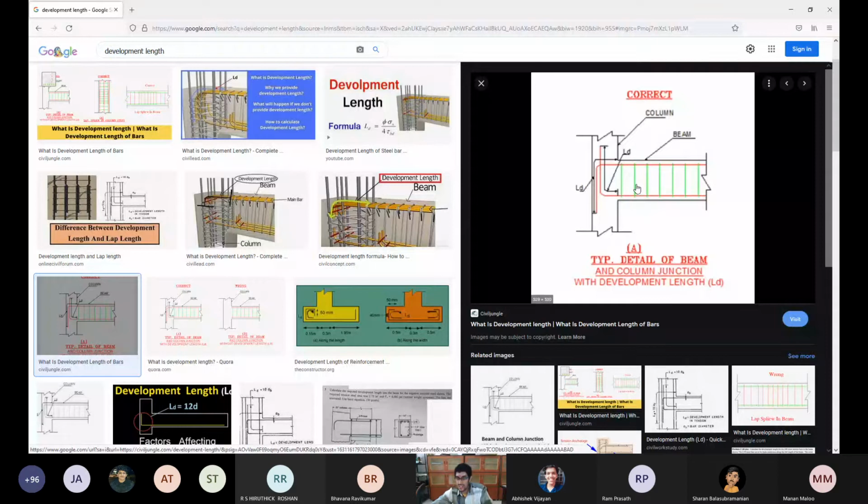So in simple terms, for example, if this is where your beam is ending, it is ending at this junction. Are you able to see my cursor? That finger pointer kind of thing. Yes, sir. Visible? No. Okay, fine. So this is where your beam actually ends, but because the beam ends here, you cannot stop your reinforcement here.